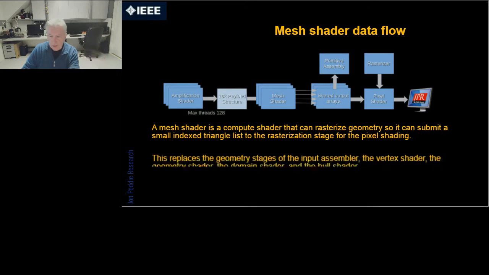So that's what it looks like symbolically. Keeping the pipeline concept in mind, the amplification shader sets up the job, sends threads to the mesh shaders. The mesh shaders then process, do what they have to do. We run in and out, pull in texture maps when they're needed, can do tessellation operations if needed, and then start the output, and then run a pixel shader. So it's very, very much simplified. The programming is a little bit more complicated, as you might imagine, because you have to keep track of a lot of different things now. And that puts a little bit of burden on the content creators.